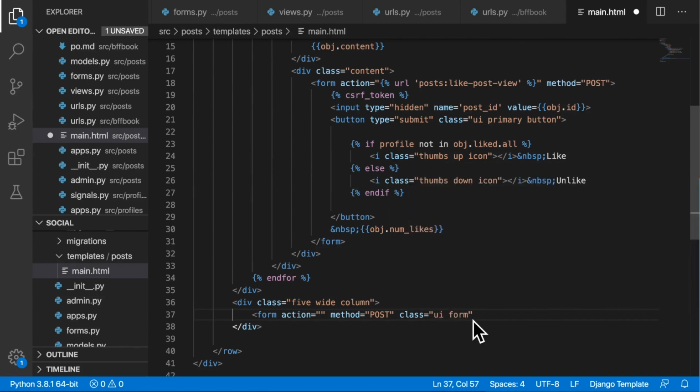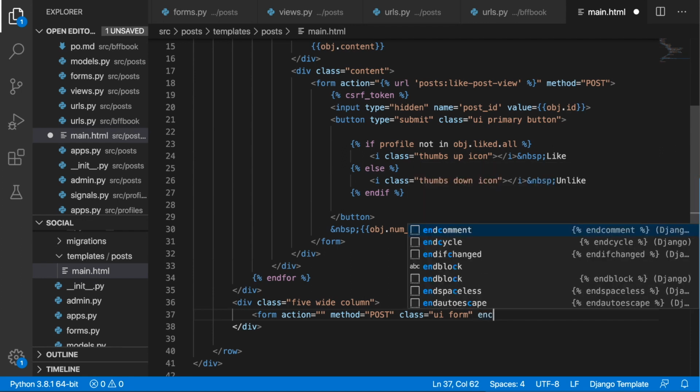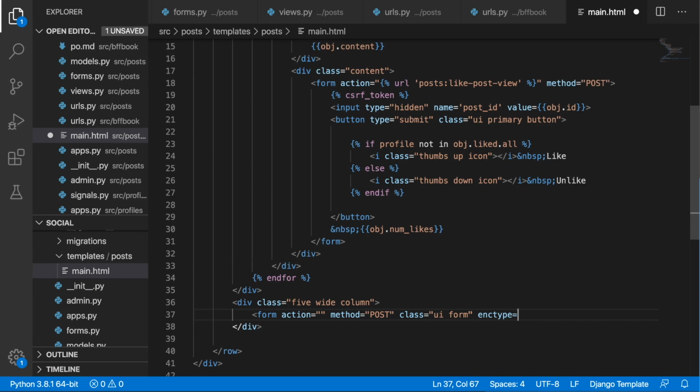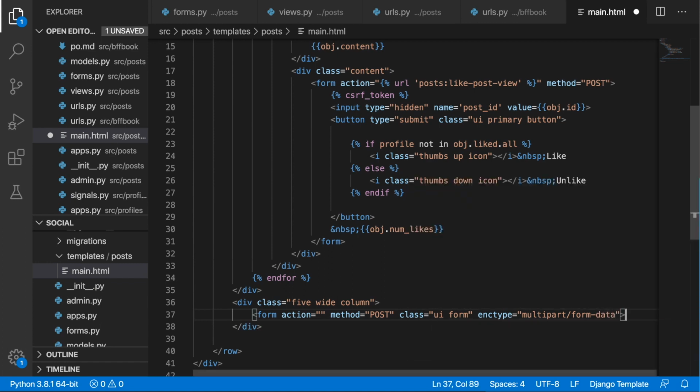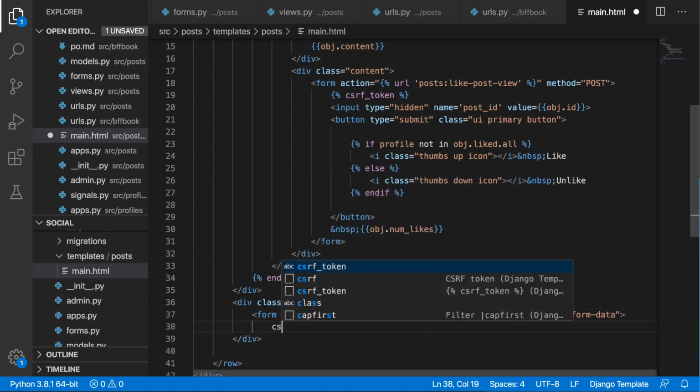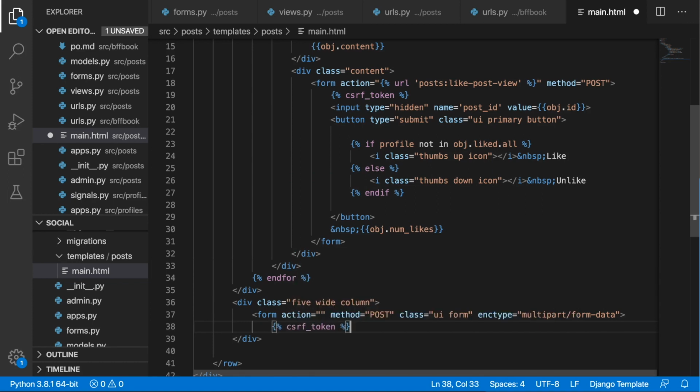So this will give us the styling of the semantic UI framework, and we also going to be dealing with images, so we need to write down enctype multipart slash form data. Alright, so this is a post request, so let's put in a CSRF token, and then let's put in our form,